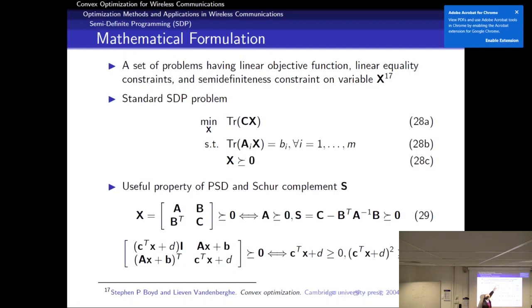This is a trace, so essentially this will be a linear function of the entries of X, right? And similarly here, this is linear. And this problem, so this is a linear function, but this is a convex objective function, right? This is a linear constraint, so this will actually be a convex constraint as well. And X here is semi-definite, and remember,